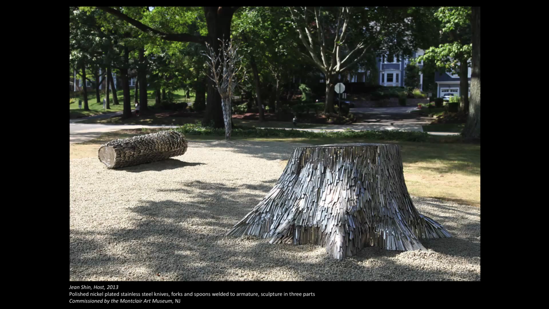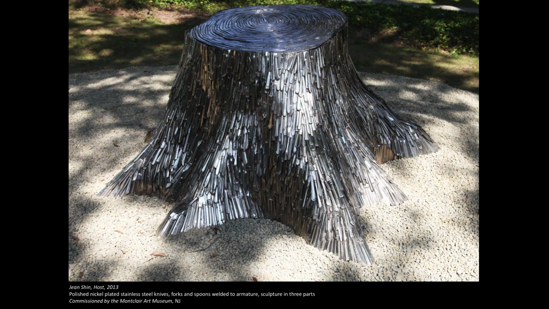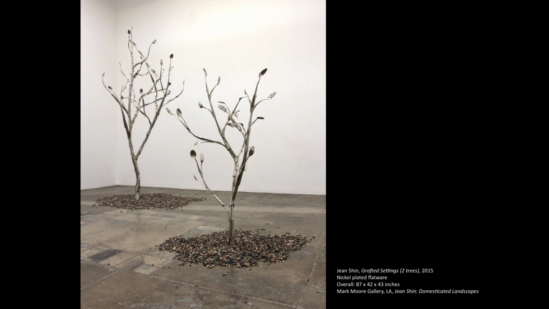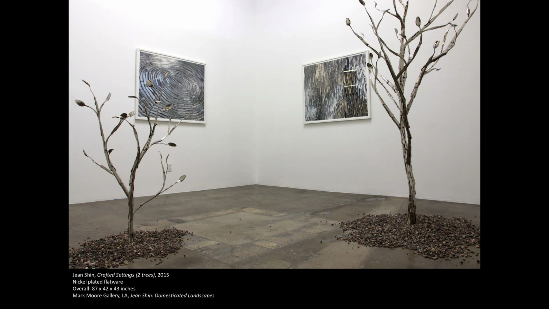So these are replicas of trees made out of flatware that have been cut. Some of that history is lost, just like our families are fractured. So these welded trees that I collected show the history and the age and make us think about what's happened to the landscape, what's happened to us, what's happened to our families. And then in the gallery, I have these grafted settings in which we take the best of it and we try to regenerate ideas of nature in a different environment.